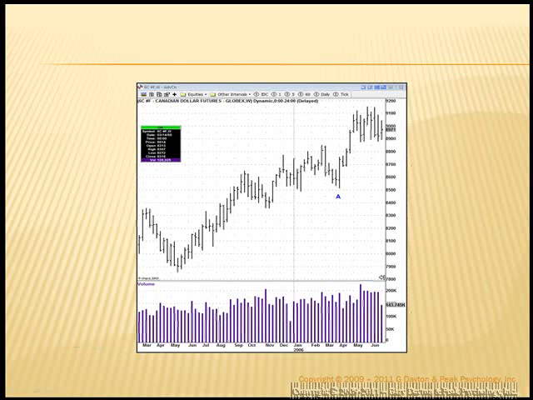Now, bottom reversals, 2-bar bottom reversals, don't only have to happen at the bottom of a downtrend. We can be in an uptrend. You can see here